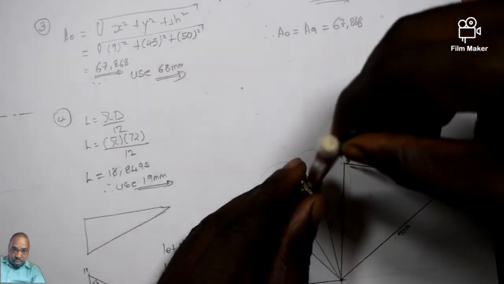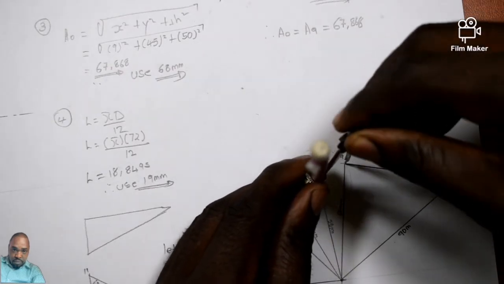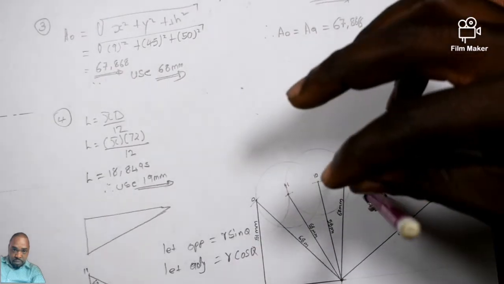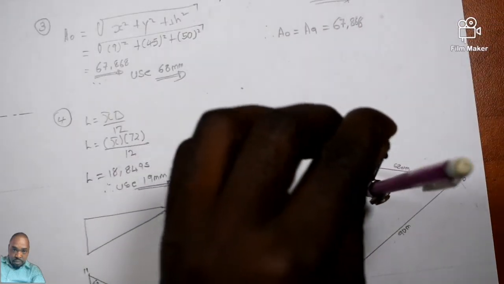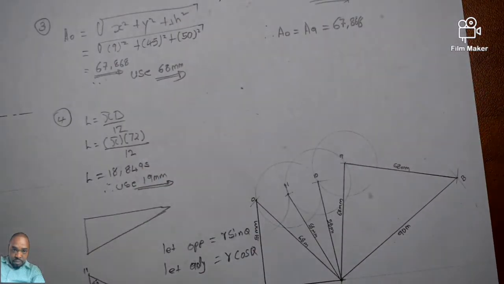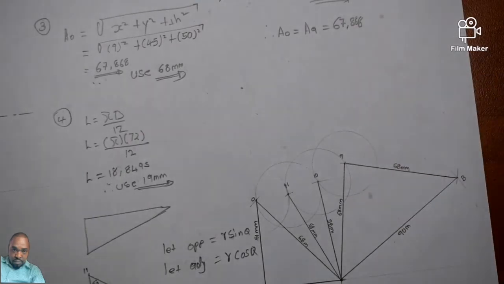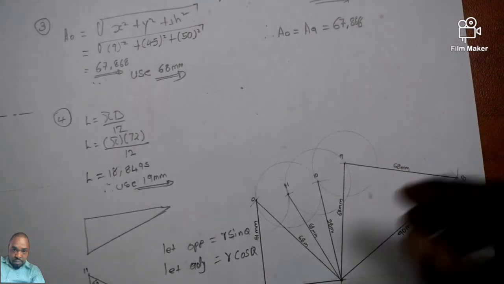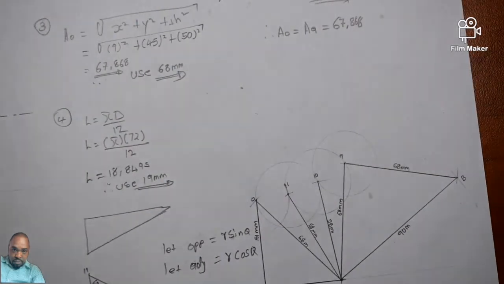So now I'll simply place my drawing compass at point 9, further extend it to point 10 and strike an arc or draw a faint diameter. As long as it's faint enough, my brother, you are not going to get penalized. So within this arc I must get point 8,